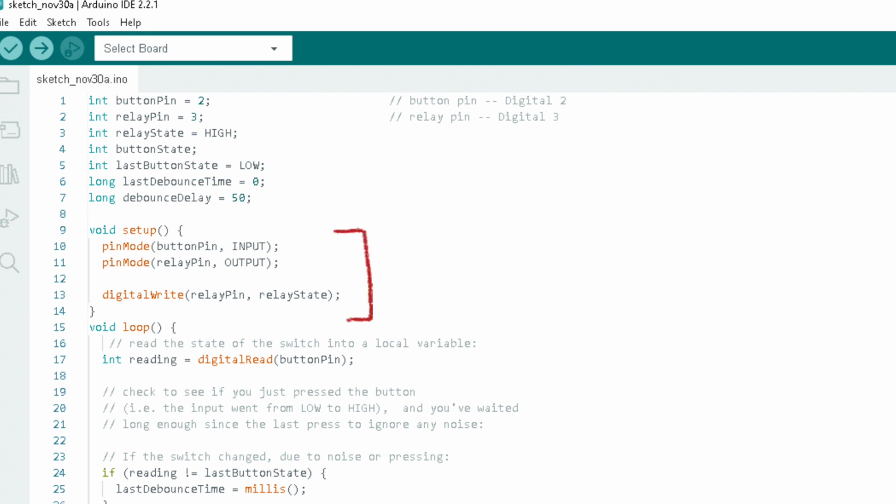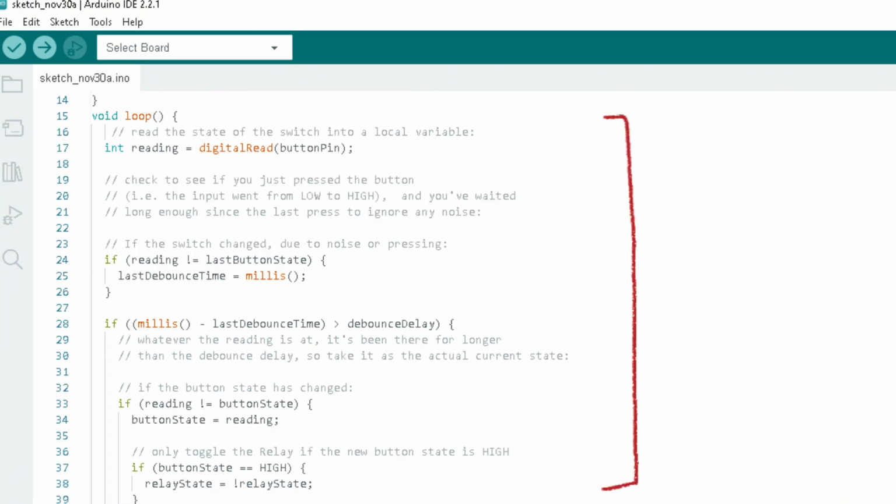In the setup function, it configures button pin as an input and relay pin as an output. It sets the initial state of the relay to relay state, initially high. In the loop function, it reads the current state of the button into the reading variable. It checks if the button state reading has changed since the last button state, ignoring any noise within the debounce